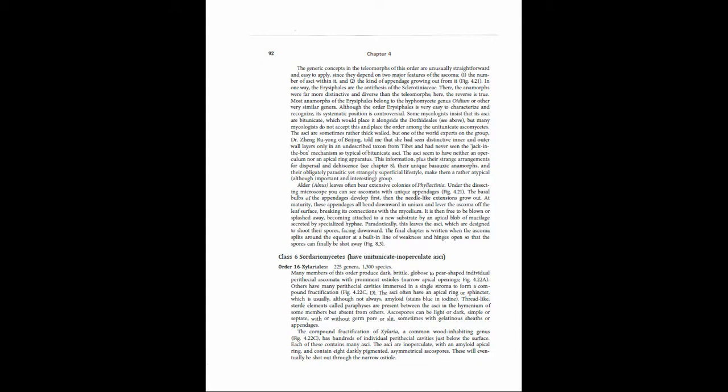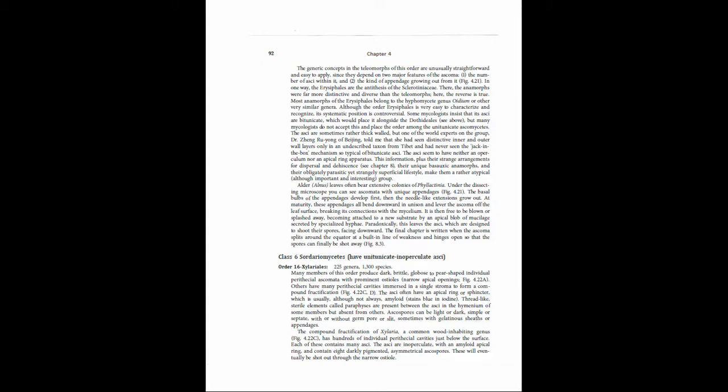Paradoxically, this leaves the asci, which are designed to shoot their spores, facing downward. The final chapter is written when the ascoma splits around the equator at a built-in line of weakness and hinges open so that the spores can finally be shot away. Fig 8.3. Class 6 Sordariomycetes have unitunicate and operculate asci. Order 16 Xylariales,